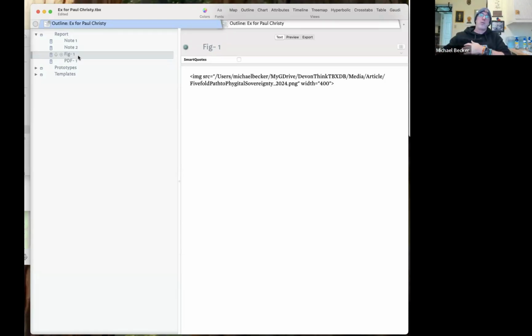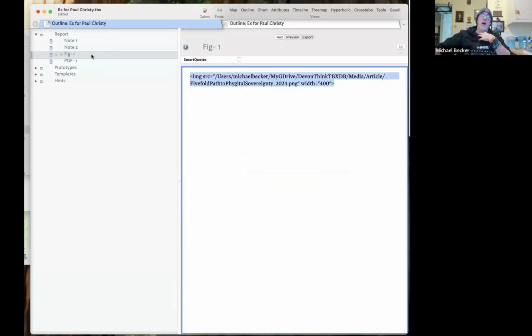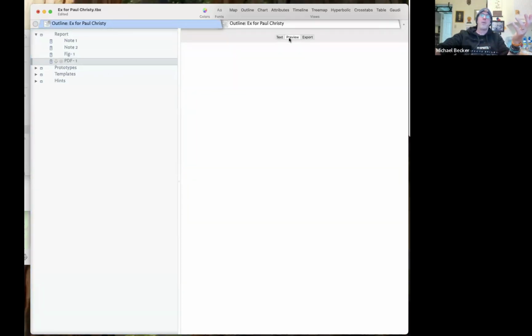end of the report. So one way to do that is to simply hard code an image tag, hard code the path to that image on your hard drive, and you get the image. And so this is a picture of my fivefold path to digital sovereignty. Similarly, because PDFs come with an embedded image in them, if you do that to a PDF, you end up